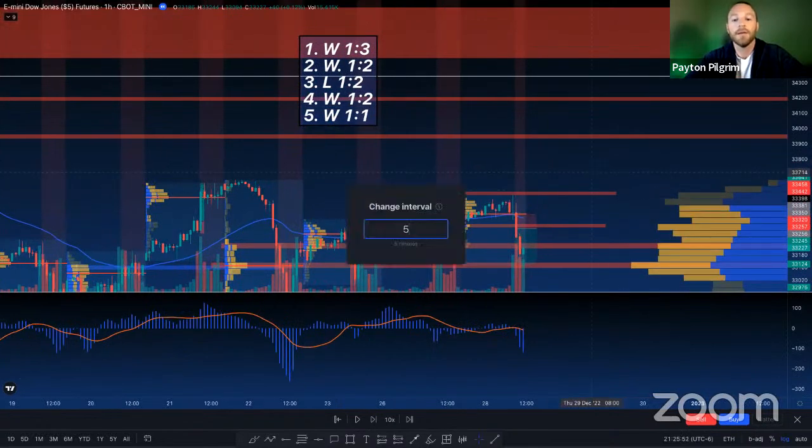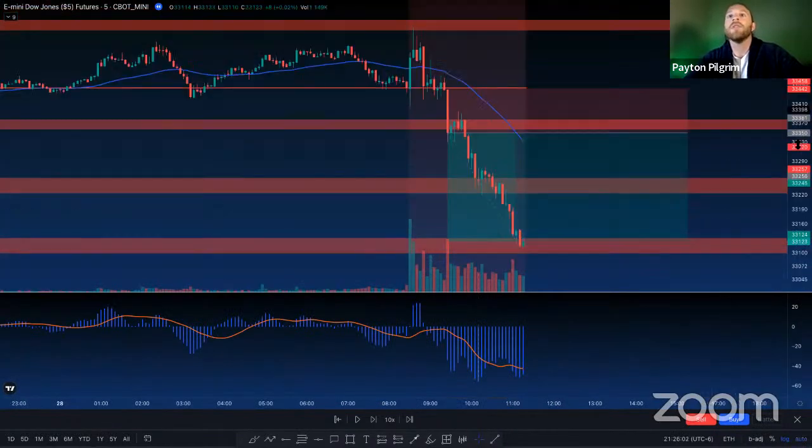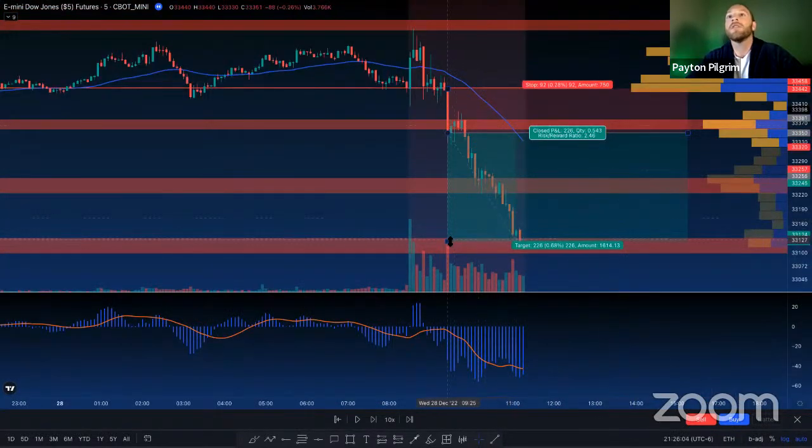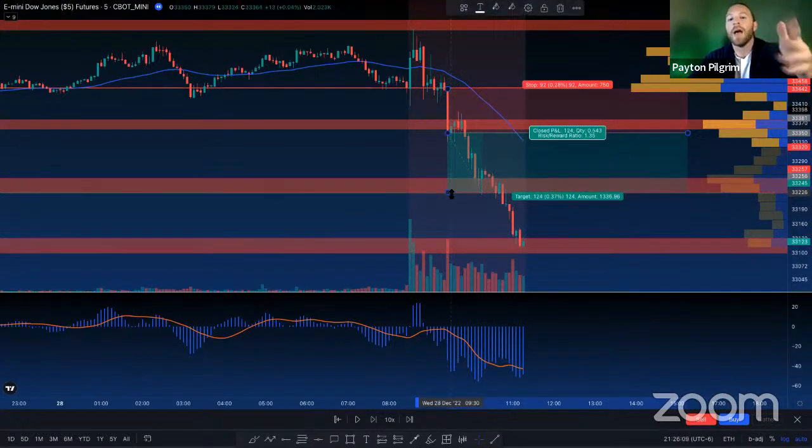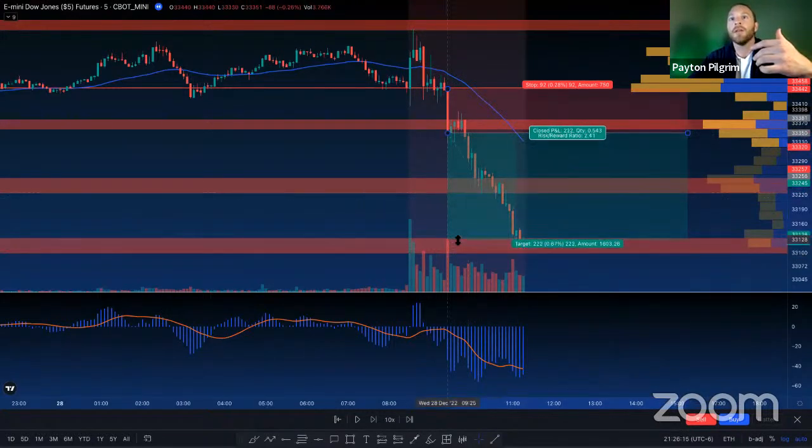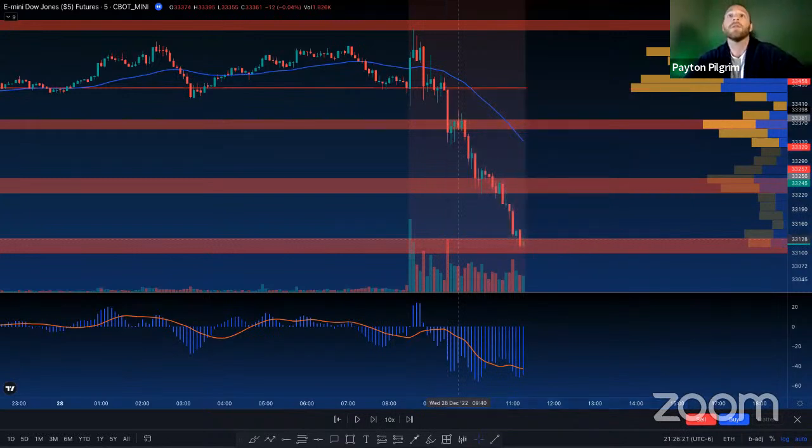5 minutes. I only put in 1-to-1 because on all the other trades, I've been using the first zone of volume as the first TP. So I haven't really been extending it to the second zone for the first TP. I could say it as 1-to-2, it doesn't matter, you know what I'm saying? But